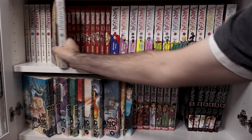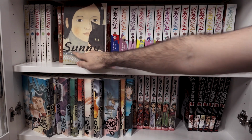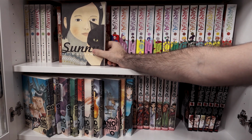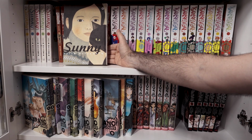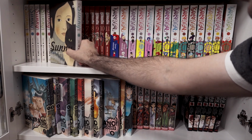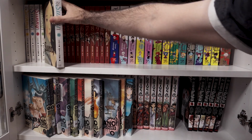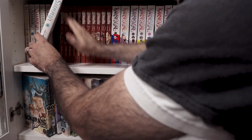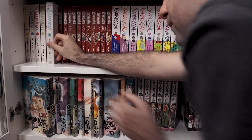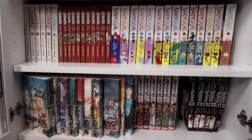Now these are lovely hardcovers that they came out with. The reason I picked up this series is because it won so many awards. And when a series wins awards, I want to seek to understand why people love this series so much. So because of that, I went ahead and picked that one up. And then next I have